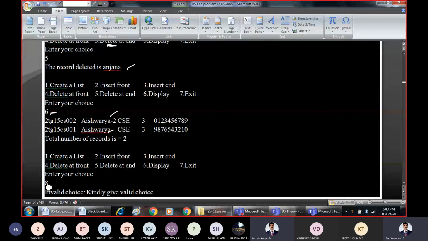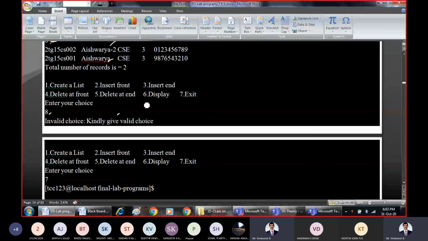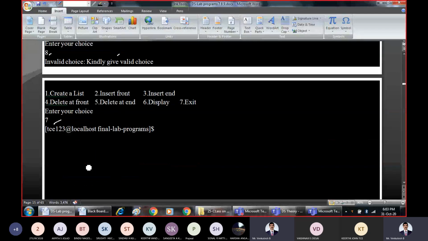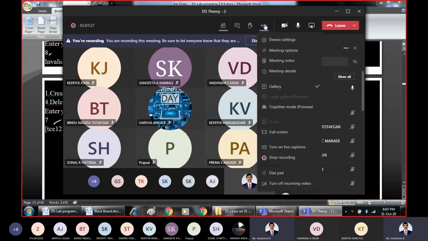Let us check an invalid choice: kindly give a valid choice. Then 7 is exit. So these were all the operations we have seen on the singly linked list.